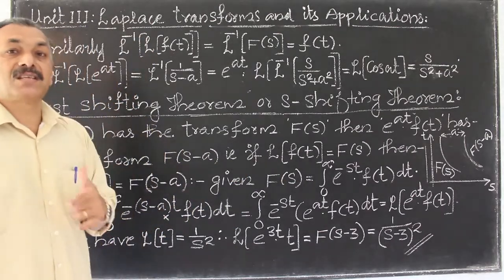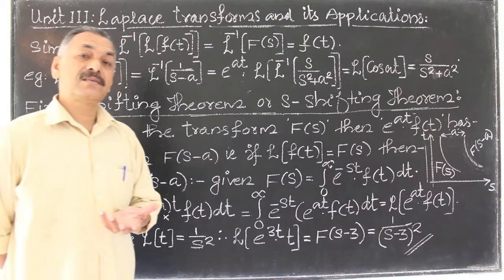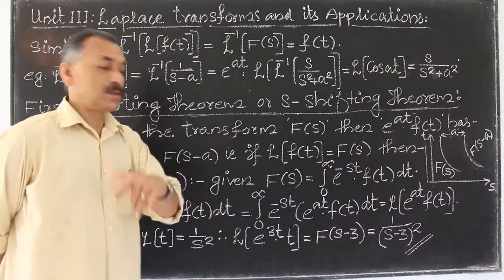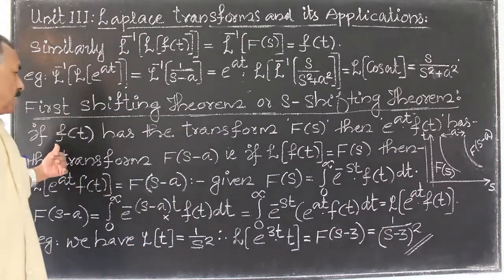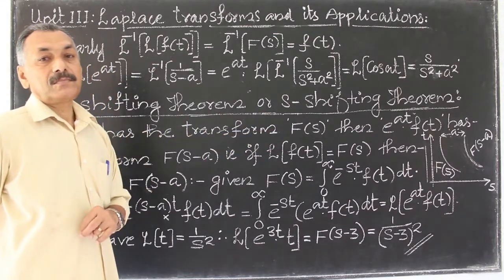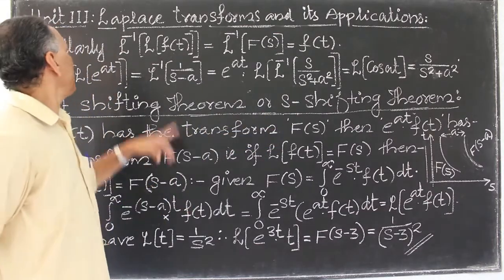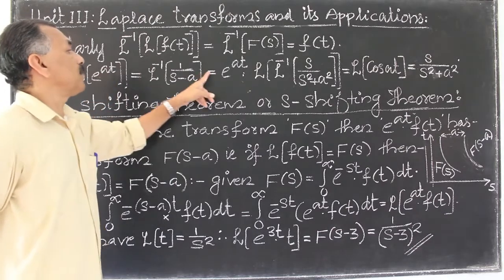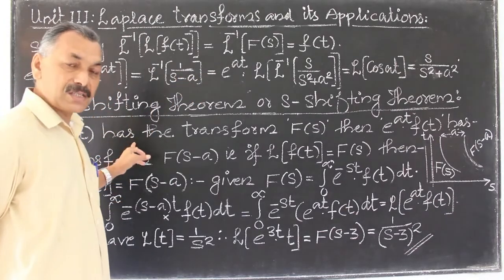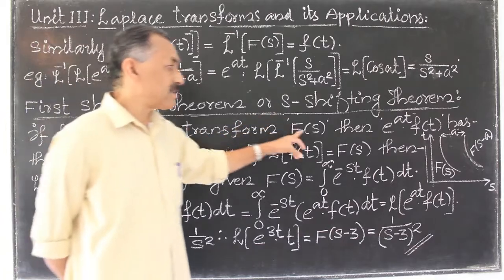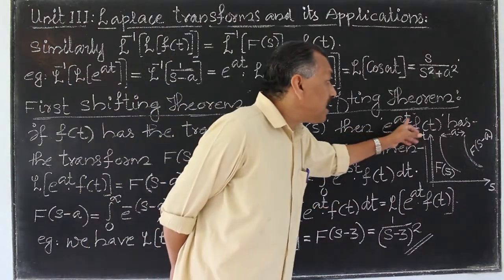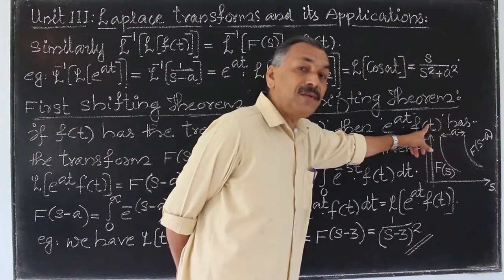ദെൻ എന്താണ് ഫസ്റ്റ് ഷിഫ്റ്റിംഗ് തിയറം? ഷിഫ്റ്റ് ചെയ്യുക എന്ന് പറഞ്ഞാൽ എന്താണ്? ഒരു സ്ഥലത്ത് നിന്ന് മറ്റൊരു സ്ഥലത്തേക്ക് മാറ്റുന്നതാണ്. If f of t has the transform f of s. ഇവിടെ നമുക്ക് ആലോചിച്ചാൽ e raised to t യുടെ ട്രാൻസ്ഫോം 1 divided by s minus a എന്ന് പറയുന്നത് പോലെ, if small f of t has the transform f of s, then e raised to t into f of t,